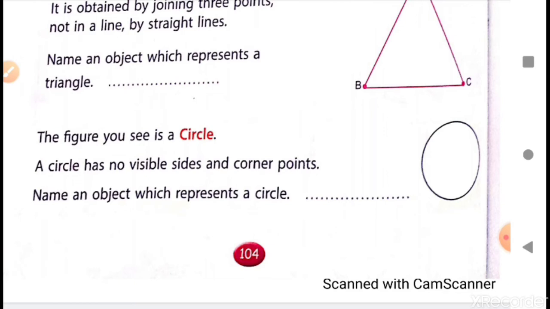Apart from these, any plane shape, any shape having length and breadth and which can be put on a mathematical plane, which can be put on a plane or on a sheet of paper, is a 2-dimensional shape. जिस shape को कि हम पूरी तरह से paper पे या किसी भी flat surface पे हम रख सकते हैं, that is a 2-dimensional shape.